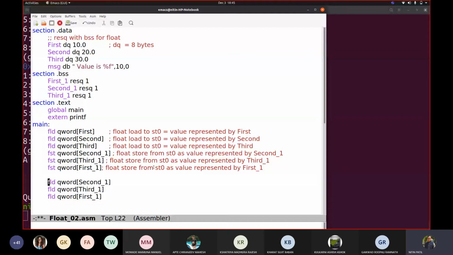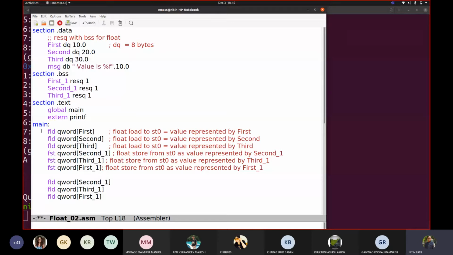Sir, can you please explain FST again? Yes. What FST does is FST picks whatever the value that is stored with ST0 and stores it to the designated location given as an operand. So here the designated location we gave was second underscore 1, which was a variable declared in BSS.